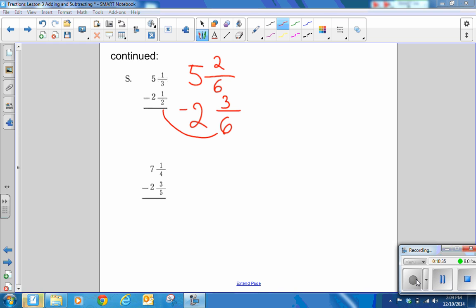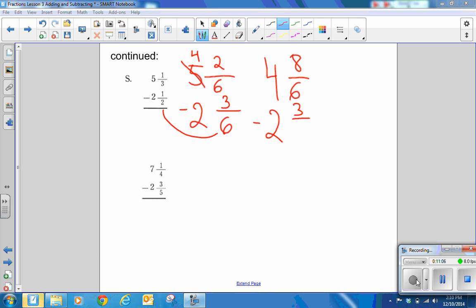We cannot take away 3/6 from 2/6, so I need to borrow 1 from the 5. So let's rewrite it. I'm going to cross off the 5, and that will become a 4. I will add 6 and 2 together and end up with 8/6. So as you can see, 4 and 8/6 is the same as 5 and 2/6, but it allows me to